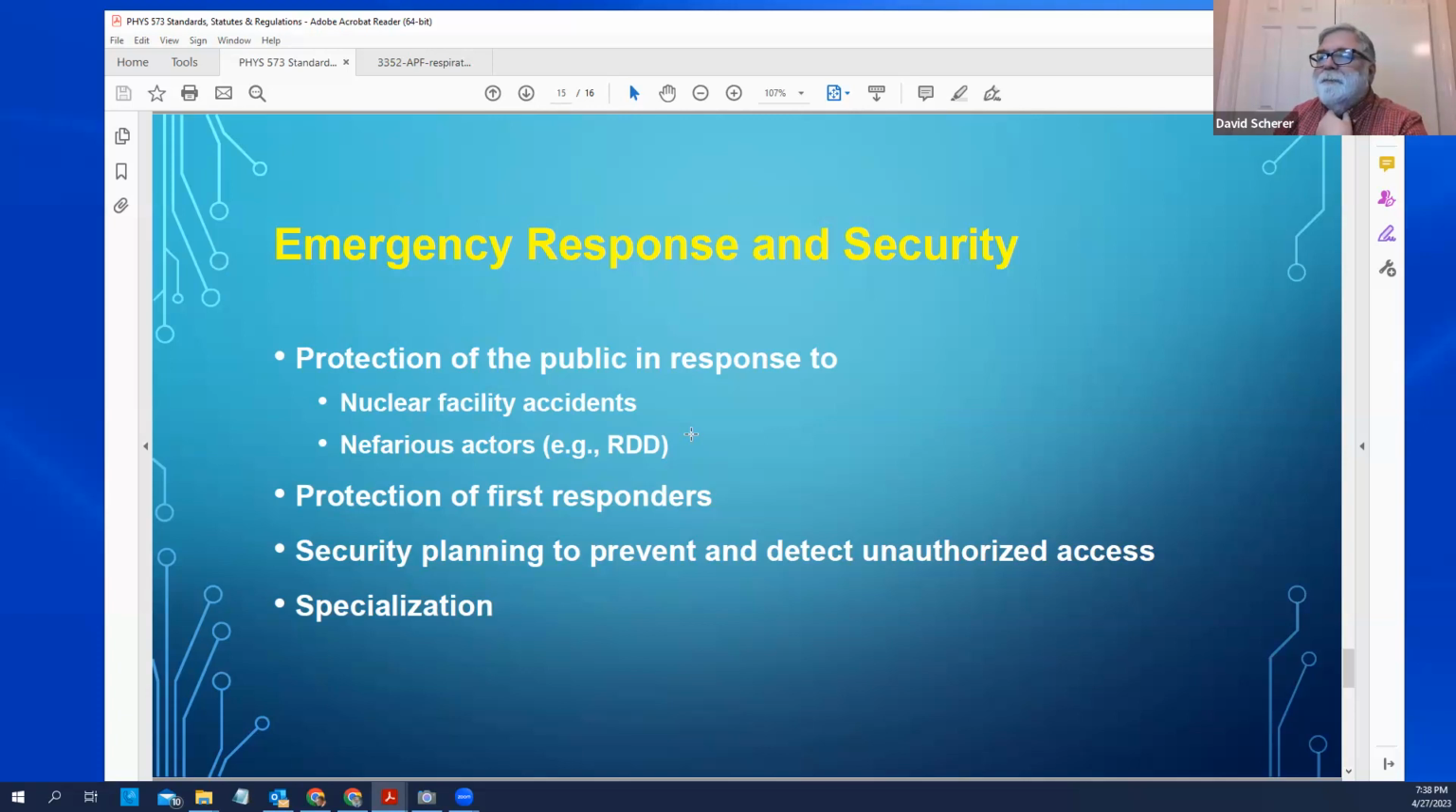Another place where health physicists work in emergency response is providing advice during an emergency for the protection of first responders. There are people who have prepared for that. There's a program, let's see if I've got the slide for it, that the Department of Homeland Security is ramping up,